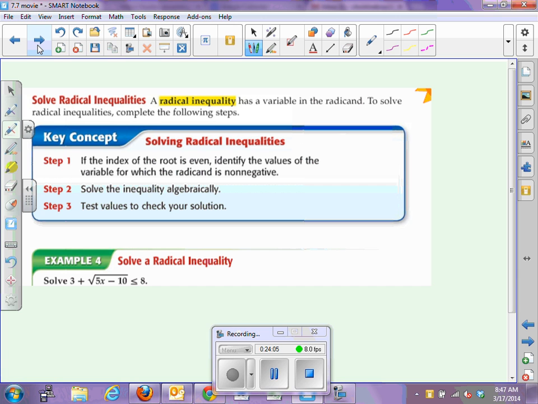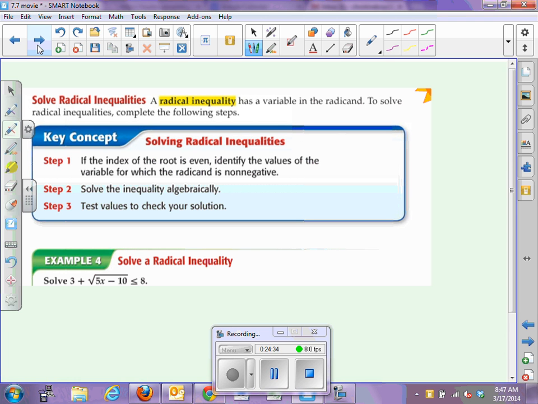All right, now we have inequalities, and let's read the steps. If the index of the root is even, identify the values of the variable for which the radicand is non-negative, because you can't have negative numbers under a radical if the root is even. So you can't have square root of a negative number because we are not working with imaginary numbers in this chapter. We're only working with real answers. But remember,